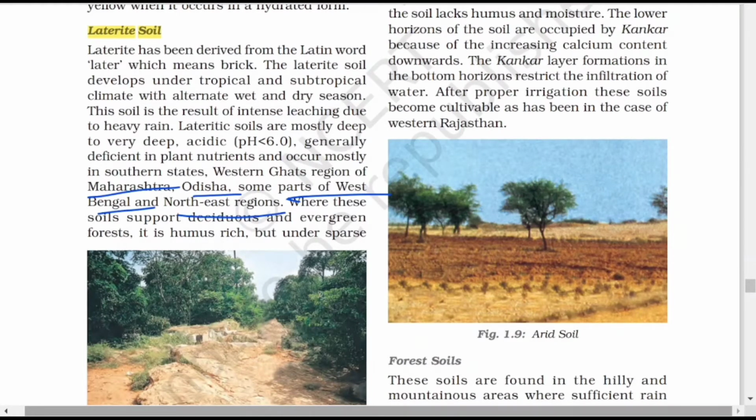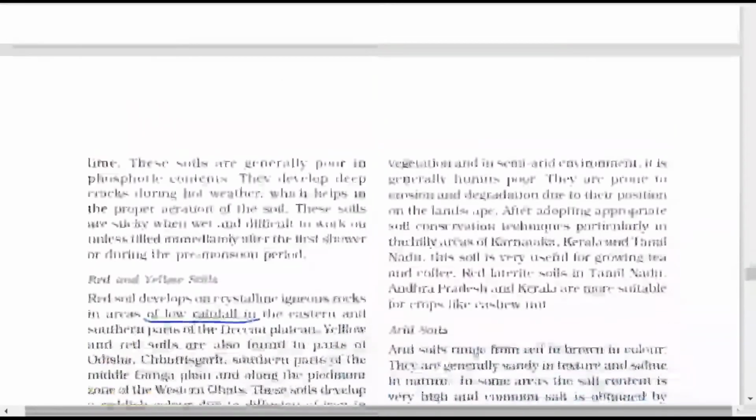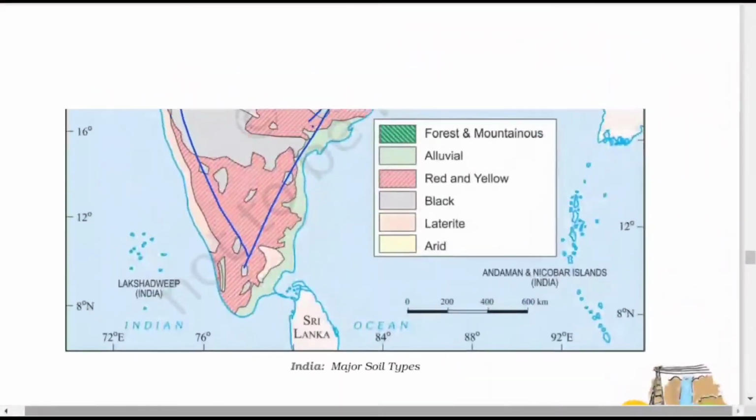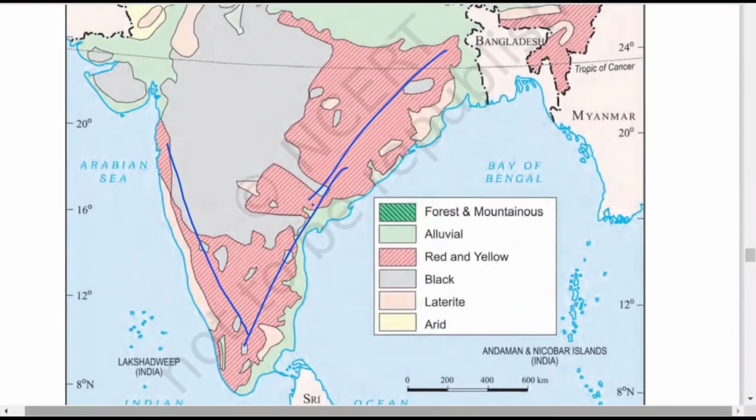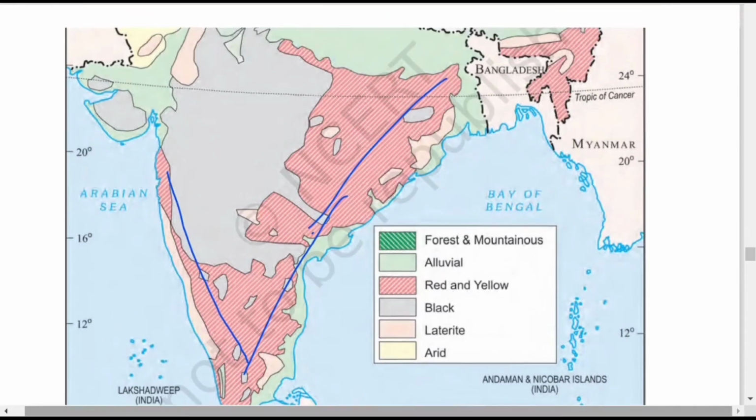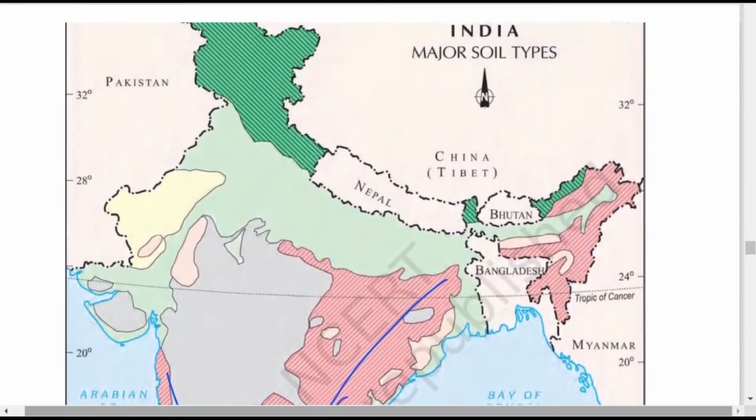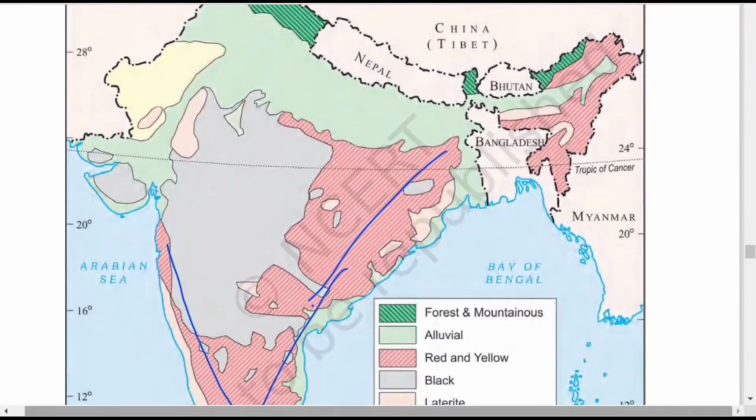Okay, now let me see in the map. Look at the map, then it is easy to find out the laterite soil. Look at the index. Very light pink color is laterite soil, and it is not found in a big area of India. Look, I will start right from the north. Look in Rajasthan, there is one patch. Again it is in Rajasthan only. Touching your black soil, there you find a small patch of laterite soil.